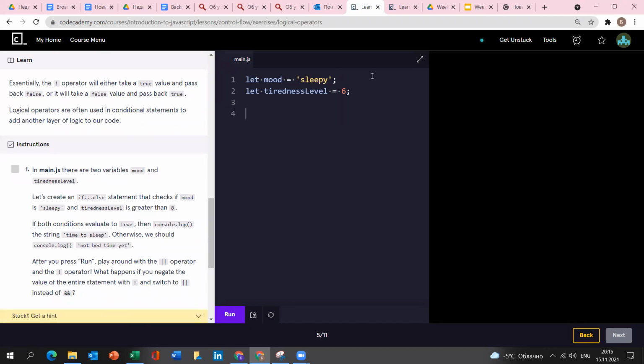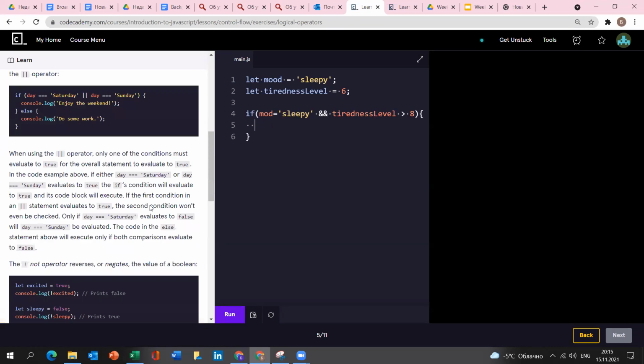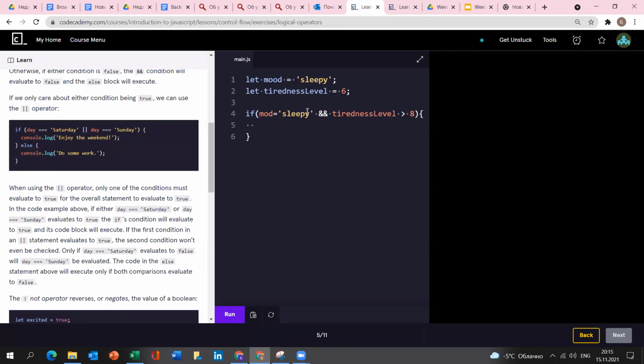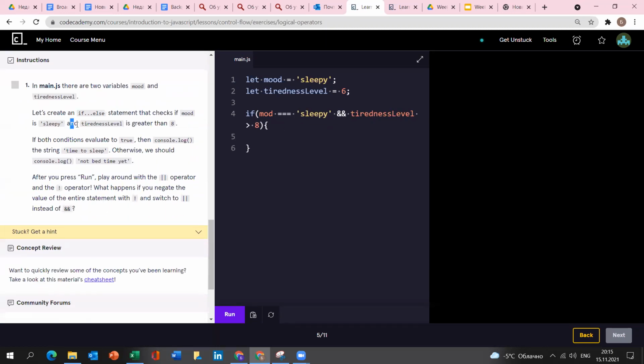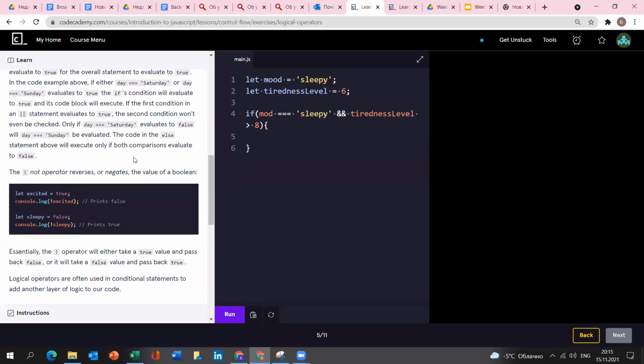We have a mood variable and a tiredness level variable, and here we want to make an if else statement. So mood is sleepy,